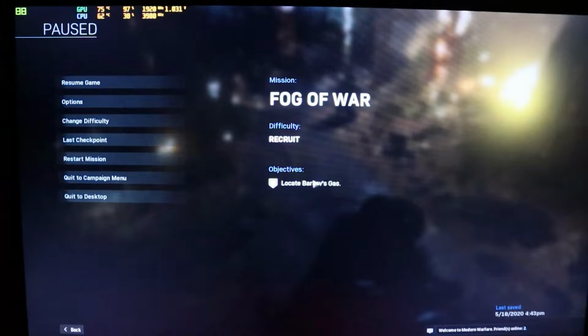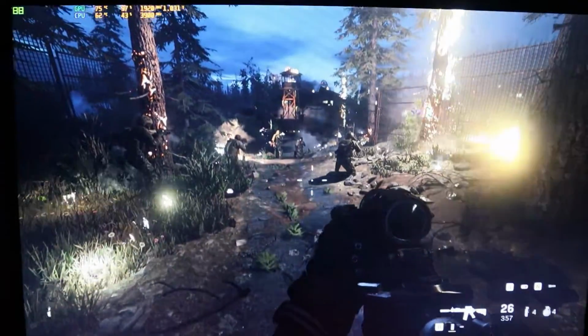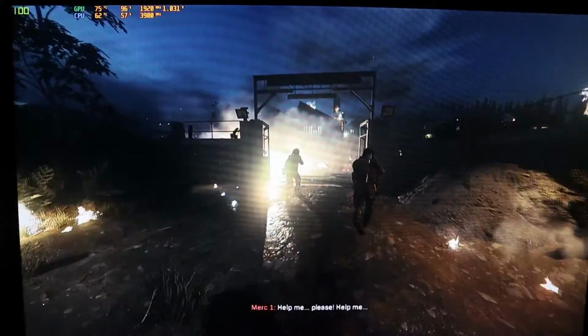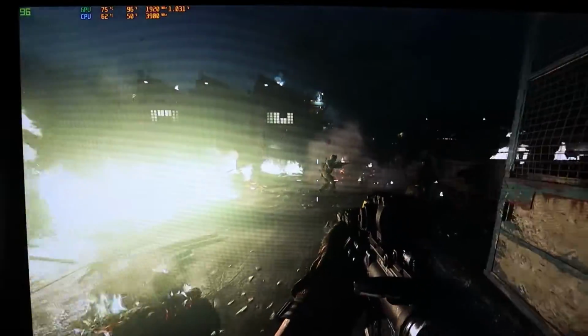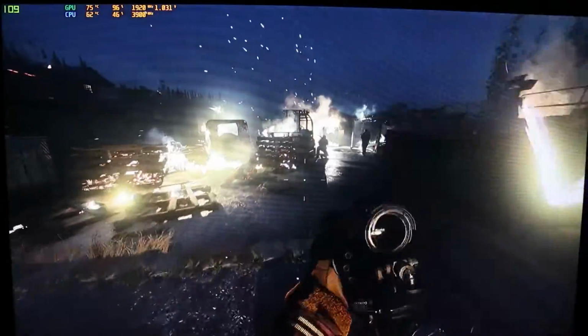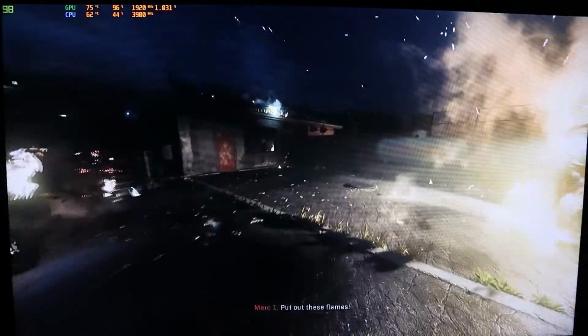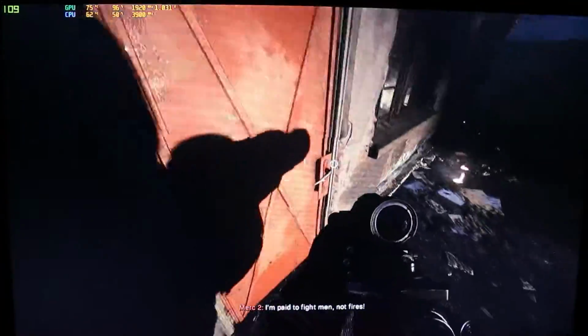So guys, I have already updated the drivers and I have opened Call of Duty Modern Warfare Warzone, and as you can see I'm getting a pretty good FPS of about 90 to 110 FPS. And by the way, the graphical settings right now are not running at ultra. The settings I am running are the same as what I used to run on my GTX 1050 Ti that was overclocked.